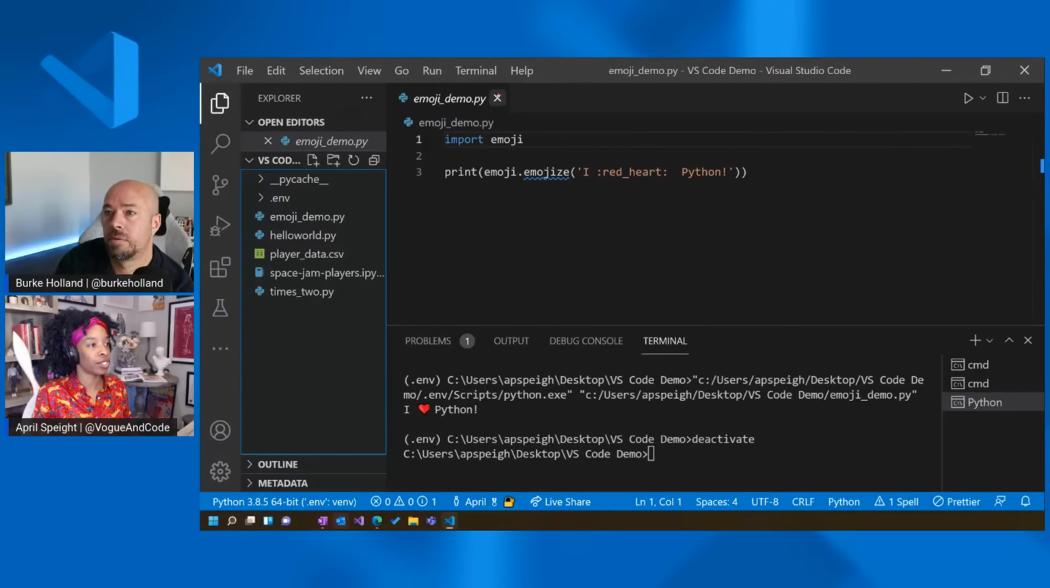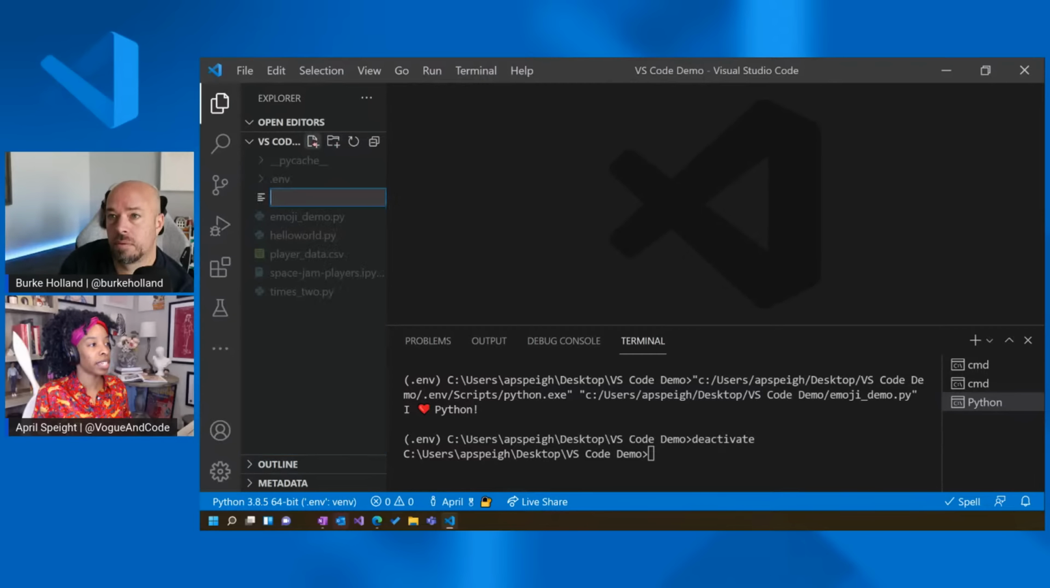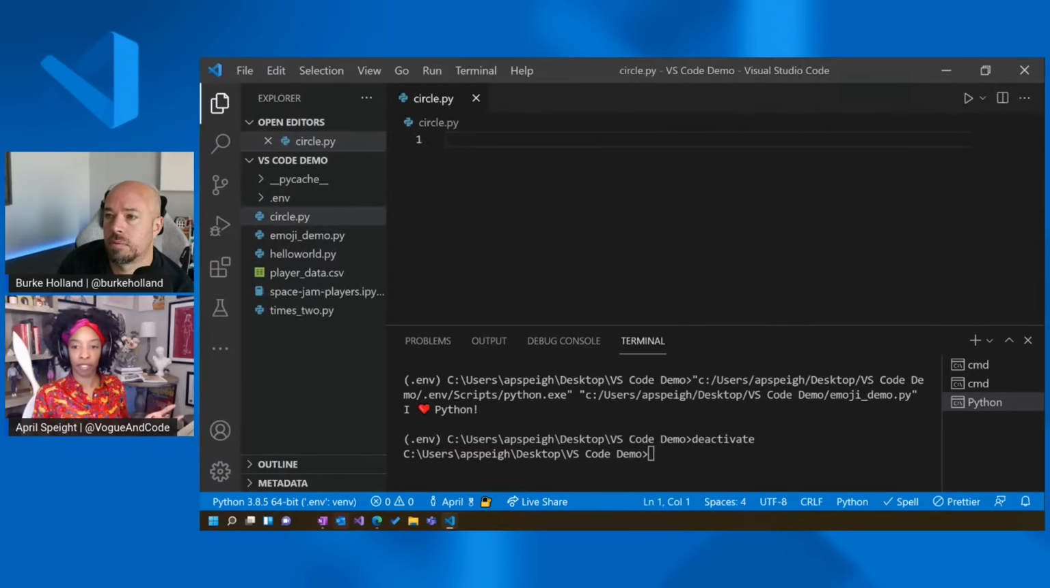So in here, I'm going to create a new file, clicking the plus button for a new document here in the Explorer. I'm going to call it circle.py. We're going to calculate the area of the circle with this one. And now my file is created. I'll take you through some of the IntelliSense features as I'm creating this particular script. But the first thing that I'm going to do is import the math module to help us